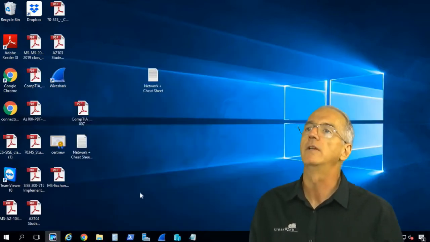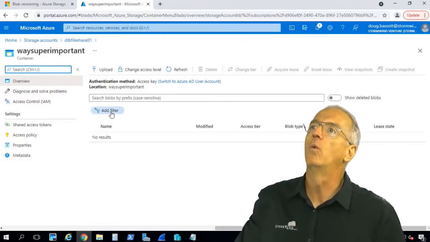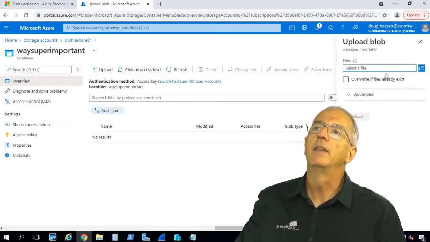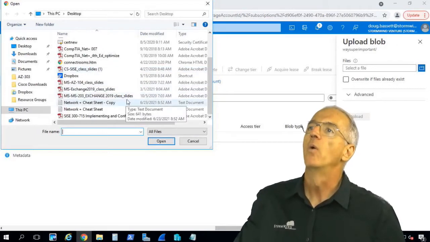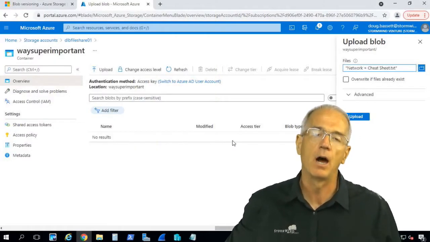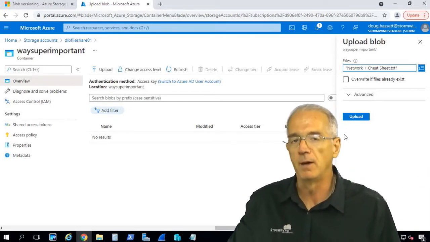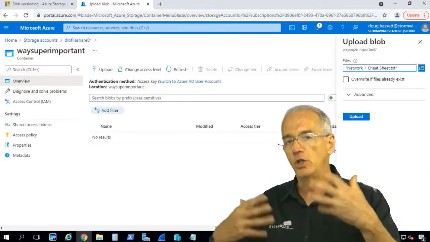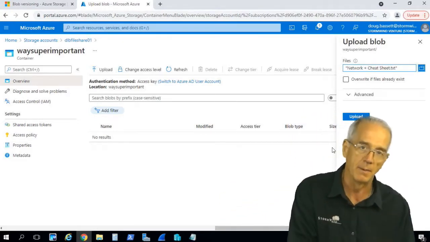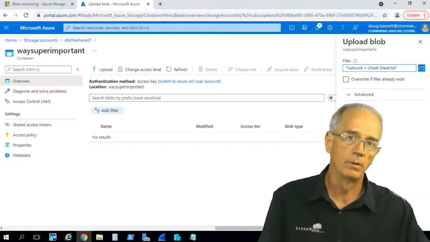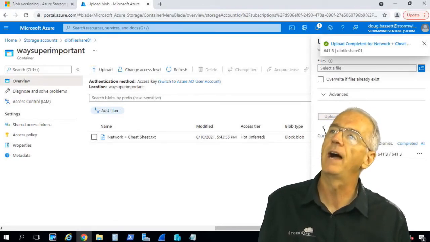But let me show you how we can do this up in Azure. So I'm going to go up into Azure, and inside of Azure, I want to upload a file. And the file that I want is that Network Plus cheat sheet. Now, it's not to teach the students how to cheat. What it does is it teaches them the steps for being able to do subnetting. And if you want a copy of it, email me, doug.bassett@stormwindlive.com, and you use this process to figure out how to do custom subnets, or you can come into my class, Network Plus, and I will teach you how to do it as well. So we're going to go ahead and upload this cheat sheet, this little file here,